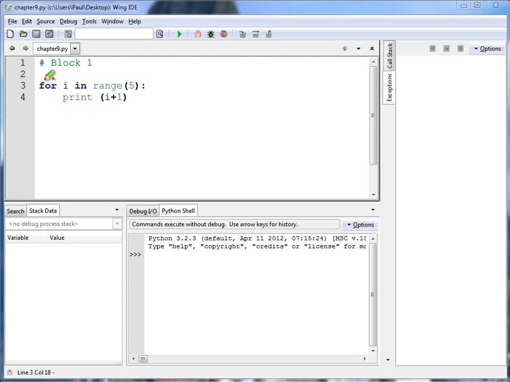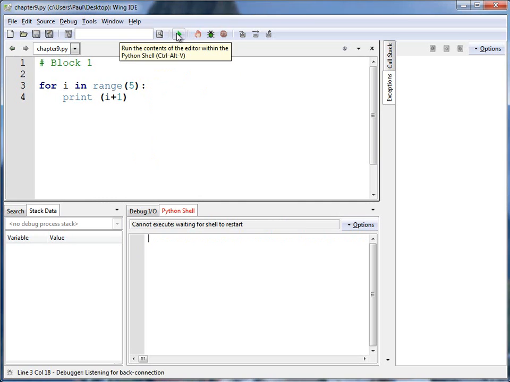I take a look at this loop right here, for i in range 5. I know in this type of loop, i is going to go from 0 up to, but not including, this number. This number will take us to the 4. We start from 0, we go up to 4. That's what i is going to equal. But before I print it out, I add 1 to it. And then instead of printing out 0 through 4, it's going to print out 1, 2, 3, 4, and 5